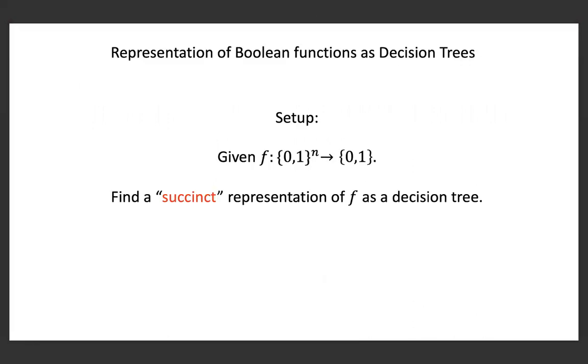So let me start by telling you about the problem setup. We are given a Boolean function, and we would like to find a succinct representation of that function using decision trees,